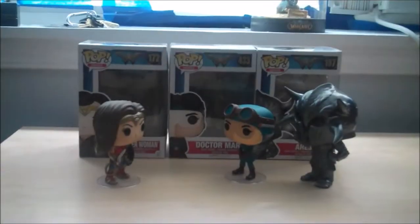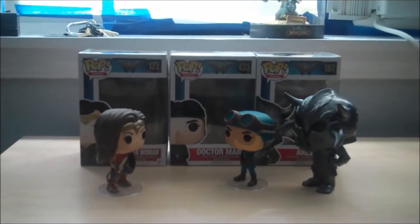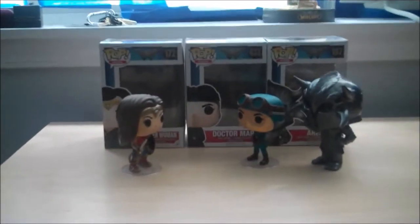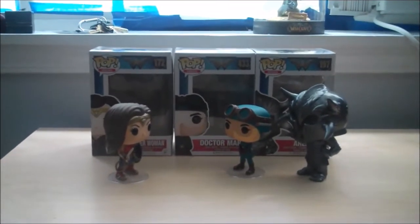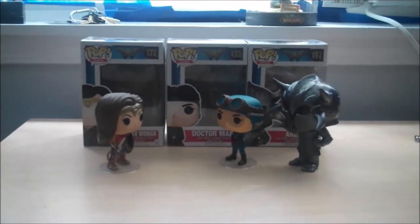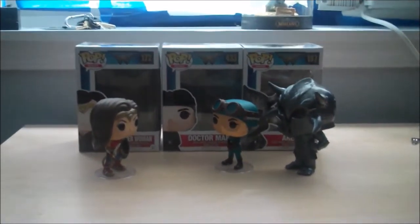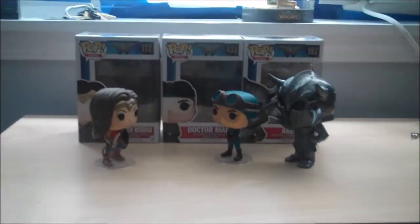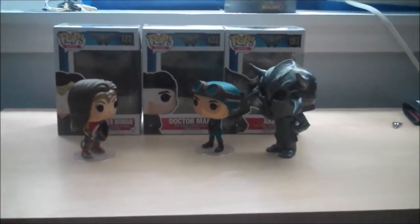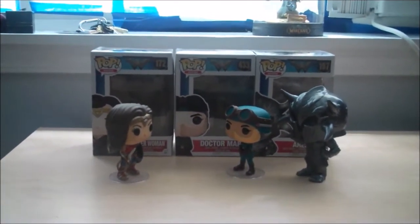So, of course, before we get into the Summer of Batman, we have to take a look at a couple of other interesting Pops that have been added to my collection, and there's no better series to go over than another member of the DC Universe. So, I'm sure you've all gone to see a little movie that made quite a splash in theaters this summer named Wonder Woman, right? So, you guys have also known that there was a whole Wonder Woman series of Pops that came out in celebration of this film, and that I had already gotten my newer version of Wonder Woman